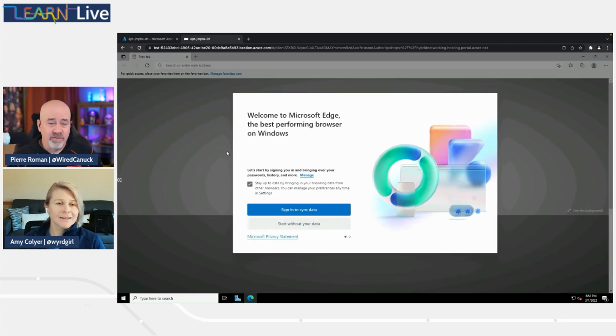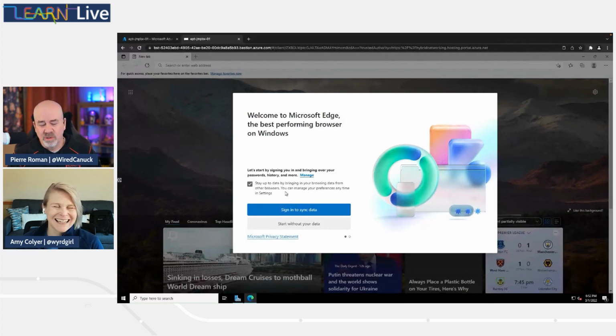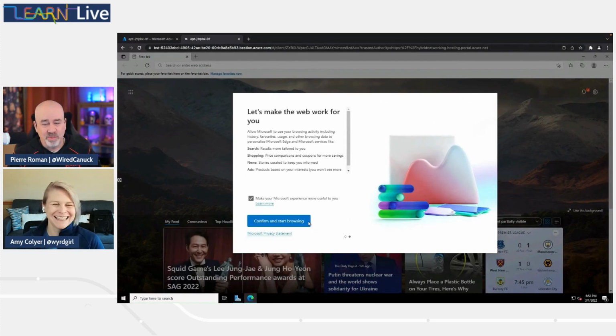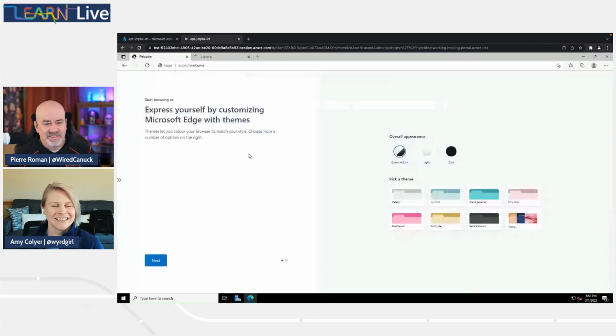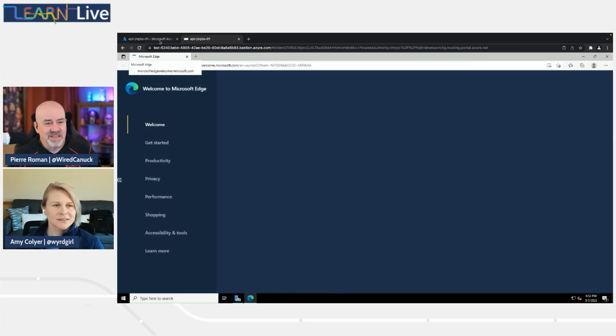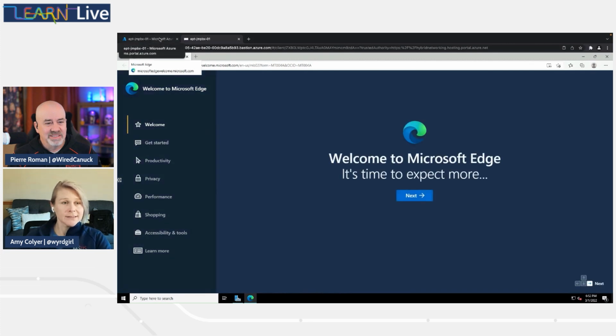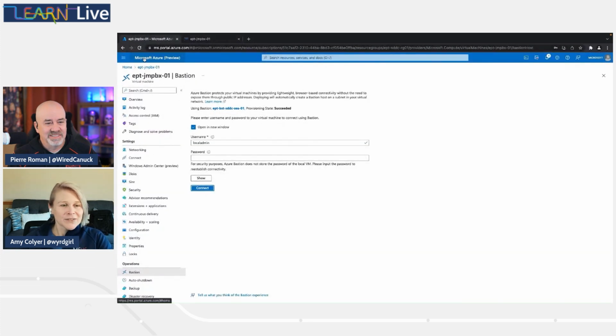Edge, of course, however, any standard browser will work. So install the one that you prefer. Right. Just not Safari. I've noticed, Safari doesn't like it. A lot of things don't like Safari on my Mac. So now I'm going to